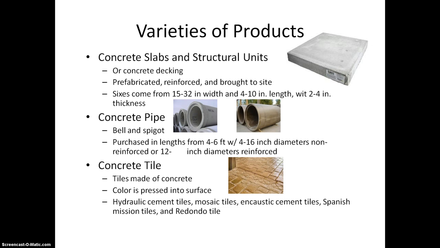All right, concrete pipe, there's two types. The first picture is the bell, and the second picture is the spigot. They can be purchased in length from 4 to 6 feet with a 4 to 6 inch diameter, and that's non-reinforced, or a 12 to